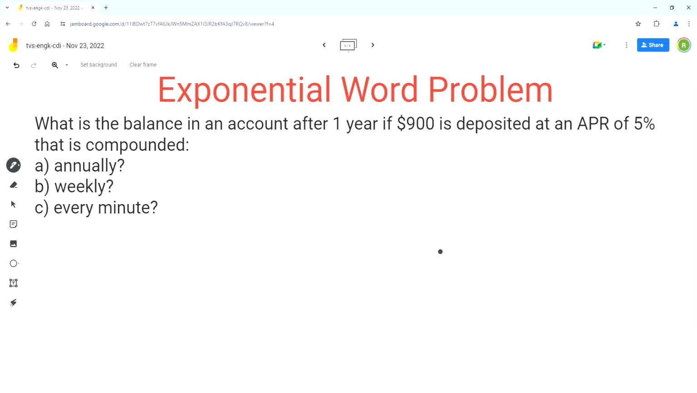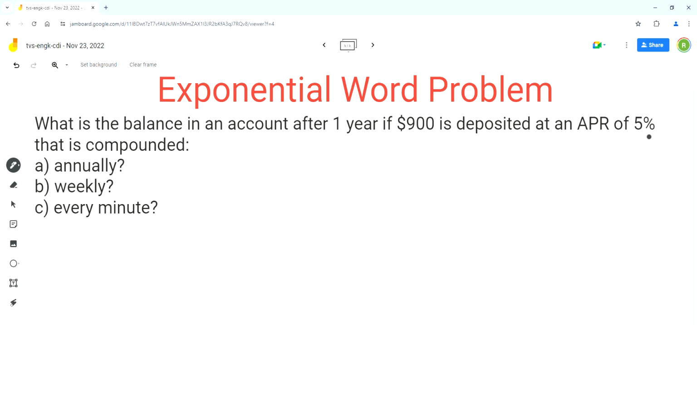So in this video, we'll solve this exponential word problem. As for the problem, what is the balance in an account after 1 year if $900 is deposited at an APR of 5% that is compounded annually, weekly, every minute? So we have to calculate the final amount in an account after 1 year if $900 is deposited at an